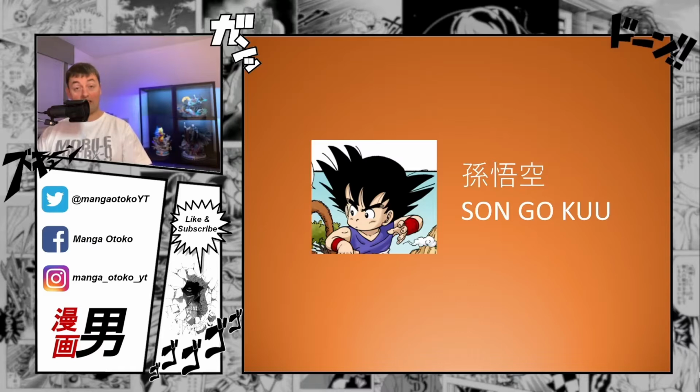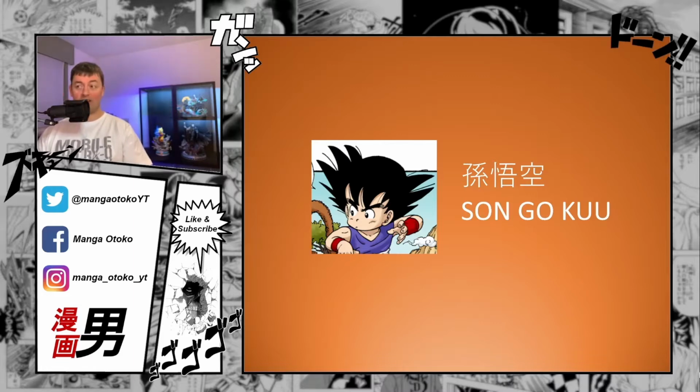When we look at his name, Son Goku is written with 3 kanji, and if you take each character separately, the meaning doesn't make a lot of sense. The first character, Son, can also be pronounced Mago, which means grandchild. The next character is enlightened or enlightenment, and the final character means air or emptiness. Doesn't make a lot of sense.